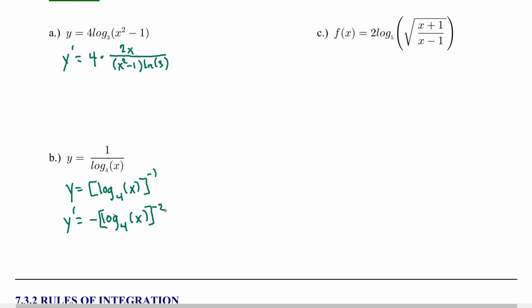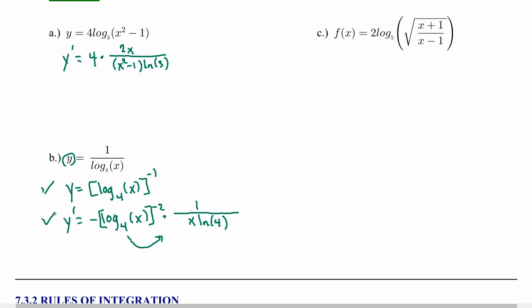Then the chain rule says we need to multiply by the derivative of the base. Well, it's a log with an argument, a base other than e. So we're going to put the argument of the logarithm in the bottom. Of course, its derivative is 1, and we're going to multiply by natural log of 4. Do you notice the notation over here on the left-hand side? On step 1, I rewrote y because there we were just doing some algebra, but then we recognized the derivative